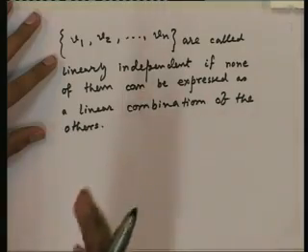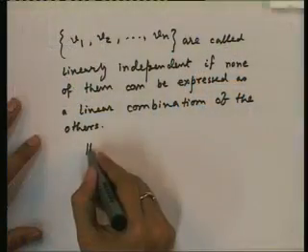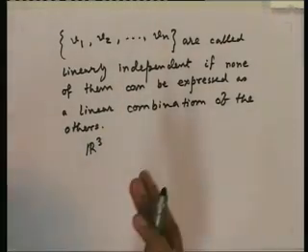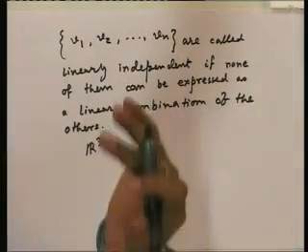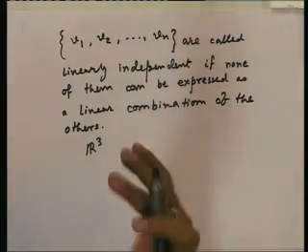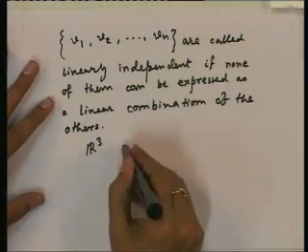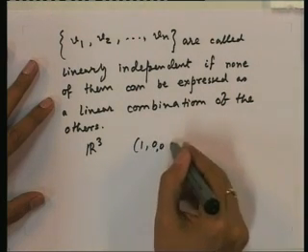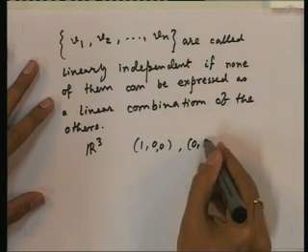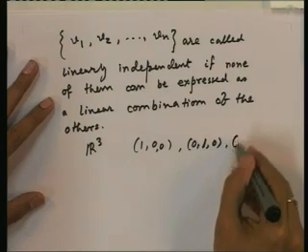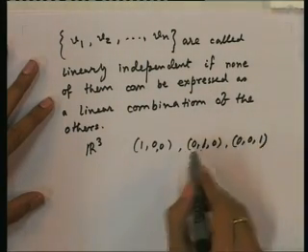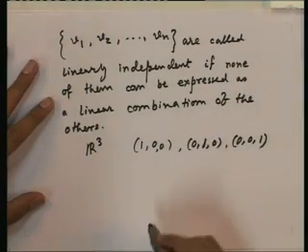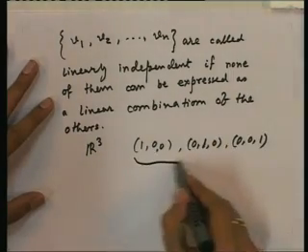So, for example, take the three dimensional space. That is basically R3, the set of all three tuples. You know that any point in the three dimensional space can be expressed as a three tuple, a triple of real numbers. So, if we have, say, (1, 0, 0), (0, 1, 0) and then (0, 0, 1), these 3 points, we know that none of them can be expressed as a linear combination of the others. So, these 3 points are linearly independent,